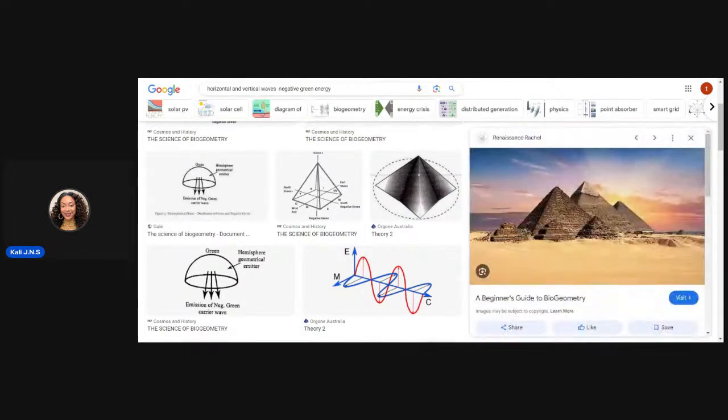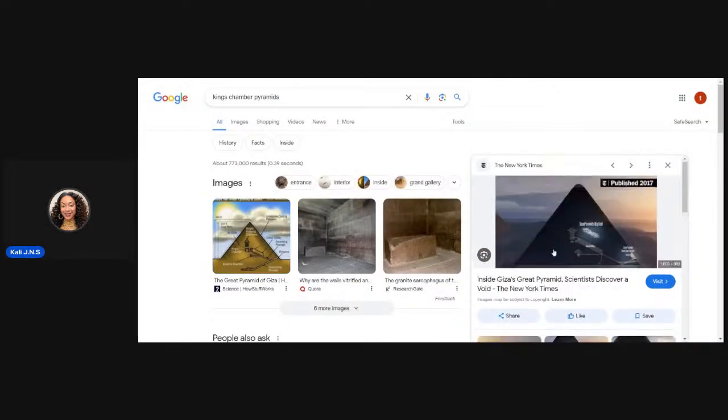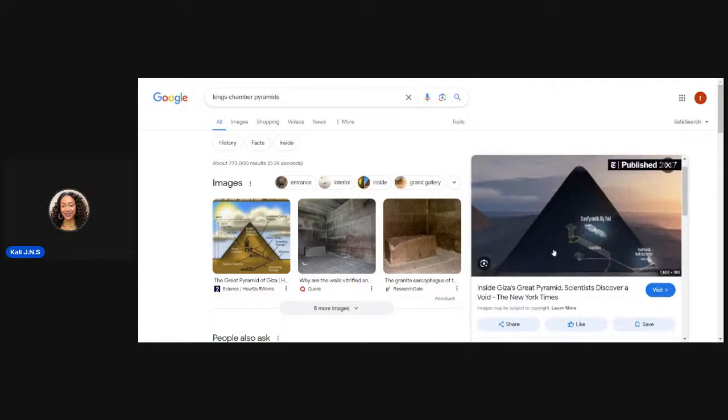with the king's chamber. I don't want to lose this though. So let's see. Let's go here and just type in king's chamber, because the king's chamber actually emits negative green energy, both the horizontal and the vertical. Okay, let's see. Let's go here. So all of the king chambers, actually, believe it or not, are filled with negative green energy, particularly